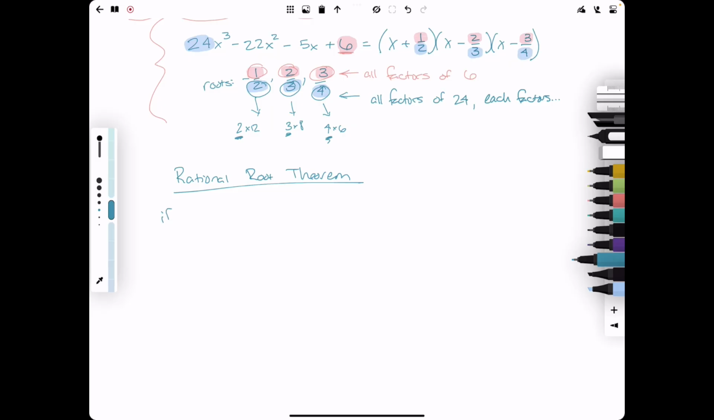So if Q over P. No, it is P over Q. I apologize. P over Q is in simplest form. No, reduced fraction. I hate that word, but simplest form. And is a rational root of the polynomial equation